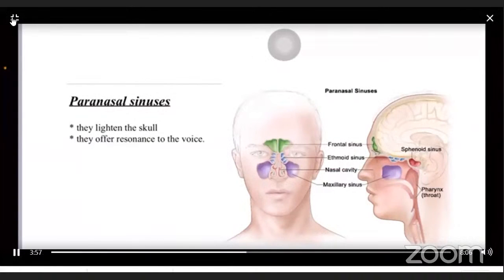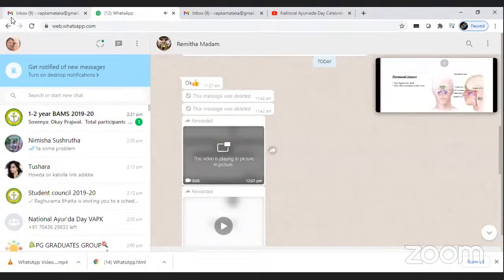Now, the second content is paranasal sinuses. In the figure you can see the paranasal sinuses, for example, the frontal sinus, ethmoid sinus. Then